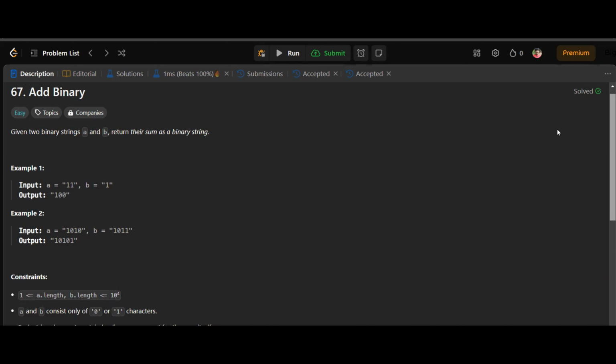Hello everyone, welcome to the solution of LeetCode problem 67 named Add Binary. In this problem, we are given two binary strings A and B and we have to return their sum as a binary string. Now let's analyze the first input. Here the value of A is 11 and the value of B is 1, so the binary addition is